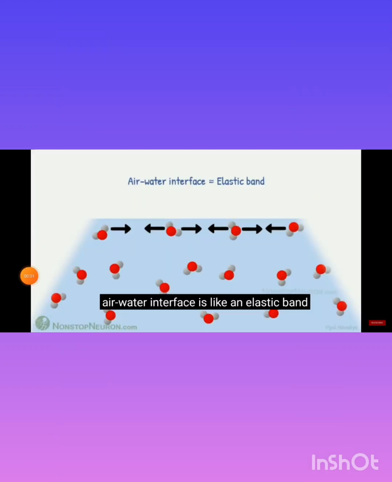It's a part of your practice in your shadow work to enjoy your body, because this is a path to the enjoyment body, to the emotional body. Like an elastic band, and it always tries to decrease its surface area.